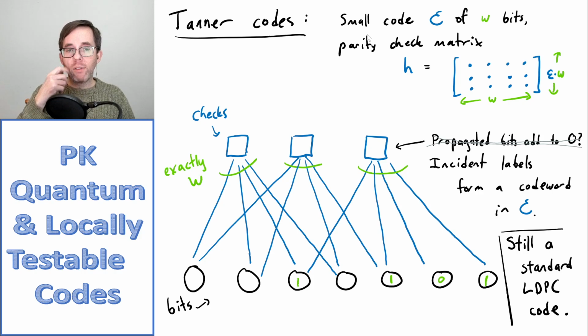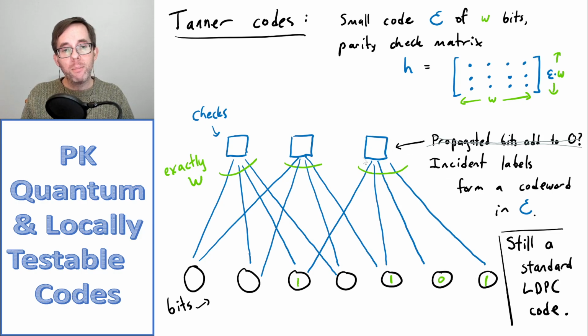So in Tanner codes, you have a so-called small code, or a little code, script C, another code on W bits. Okay, remember W is a constant. So you have this teeny tiny other code on W bits. And we'll say that C is defined by its parity check matrix, which I'll call little h. And this parity check matrix will have epsilon times W rows, or epsilon times W parity checks. And now in the picture, this green labeling down here is going to be a codeword in this Tanner code